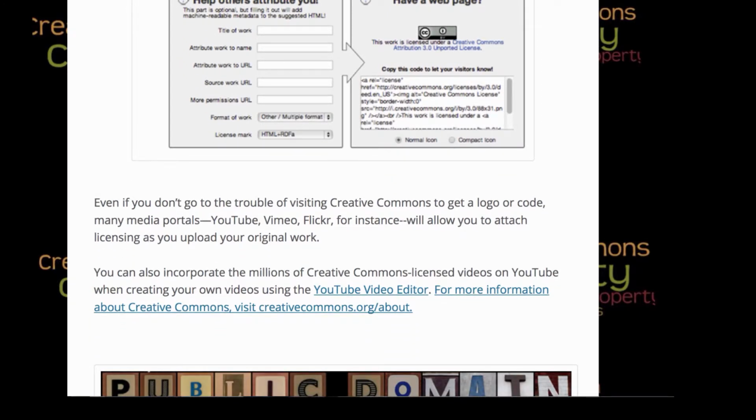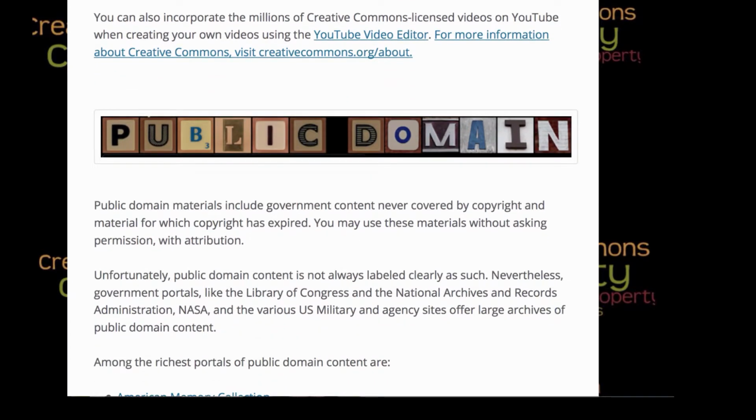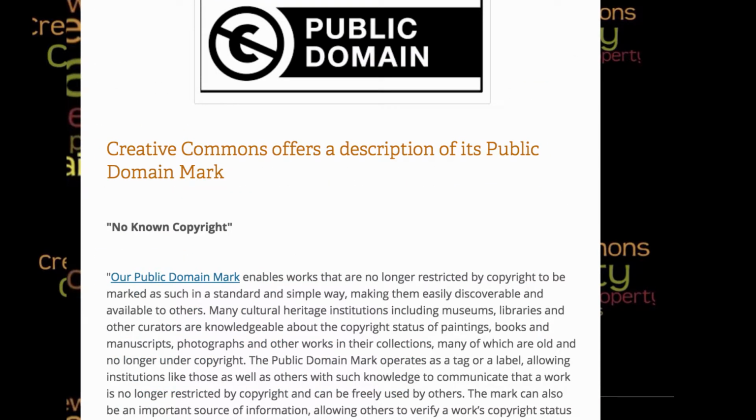This licensing can also be available when you search for these materials; sometimes you can easily get the code from the search source too. The same is true in YouTube. You can search for images using Creative Commons filters, or put the licenses on your own media that you create and share on YouTube. We talked just for a second about public domain, but public domain is another area of